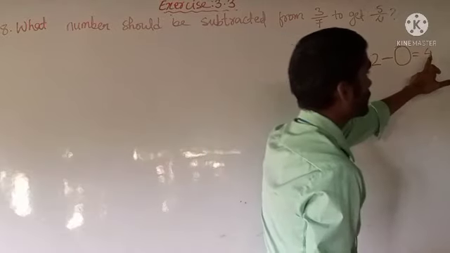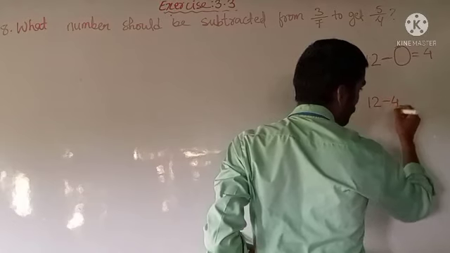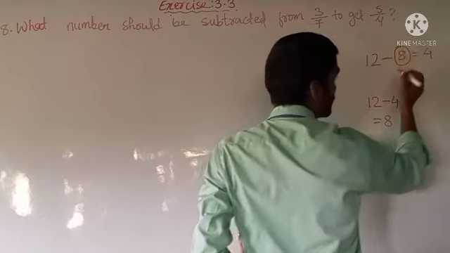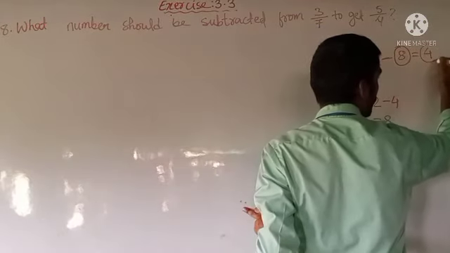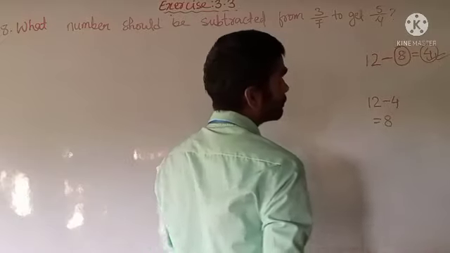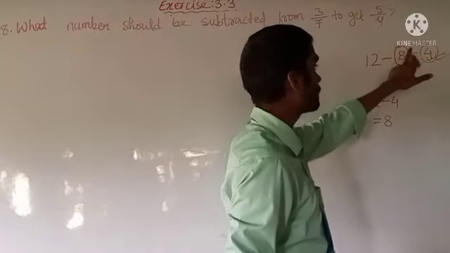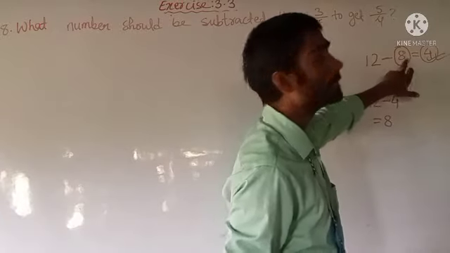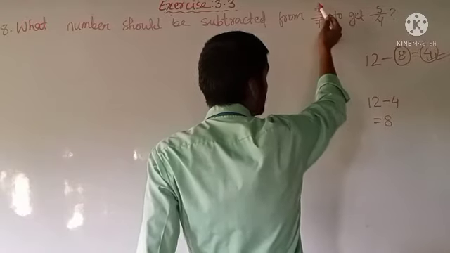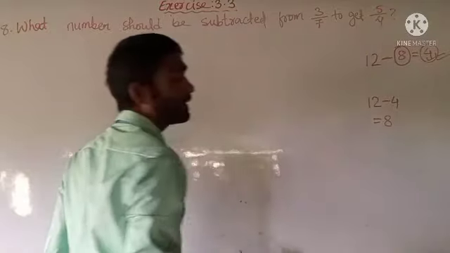So how we can write this is, if we subtract 12 minus 4, we will get here 8. And then if I write that 8 here, then we will get the same result, that is 4, as our answer. 12 minus 8 is equal to 4. That means what we have done, 12 minus 4 we have done, and whatever answer we got, that is our answer. Now here, the same thing we will do also. That means from this 3 by 7, what we will subtract in order to get this 5 by 4.